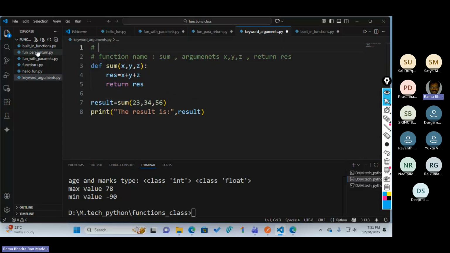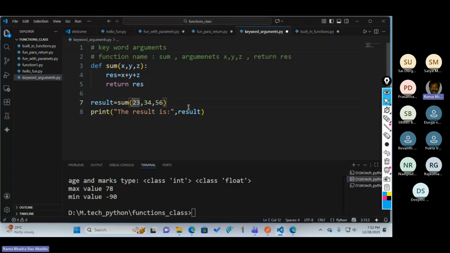No need to worry. In the session we understood what we are passing here: the first argument goes to x, the second argument goes to y, and the third argument goes to z. We discussed it right now. Yes, it is clear. But Python has the facility to pass in a different way.